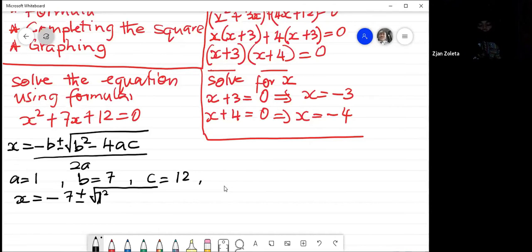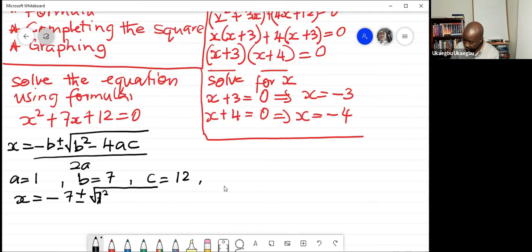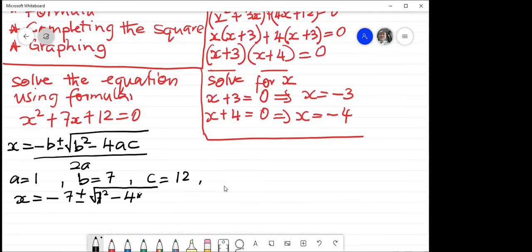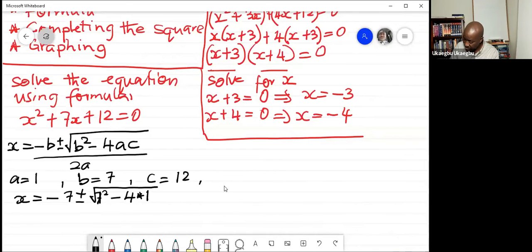Is that 7 squared, right? Yes. Is that correct? Yes. And minus 4 multiplied by A is 1 and multiplied by C is 12, and then divide by 2 multiplied by 1. Okay, so I'm going to give you, everybody, 2 minutes to solve it